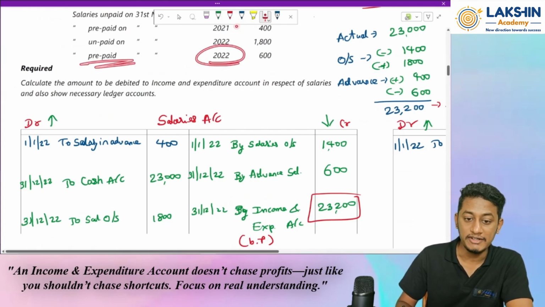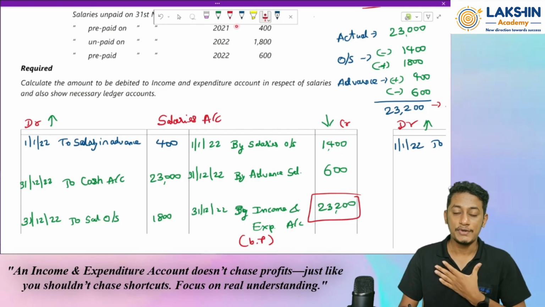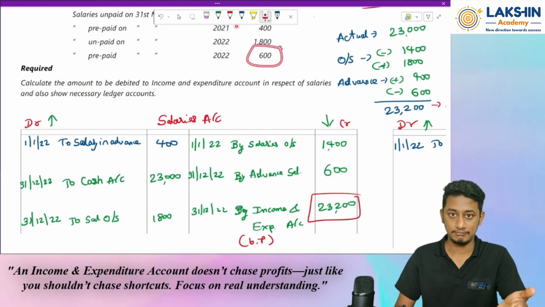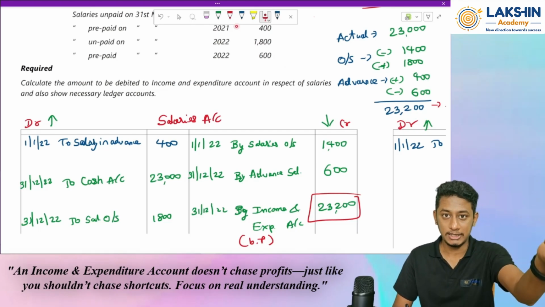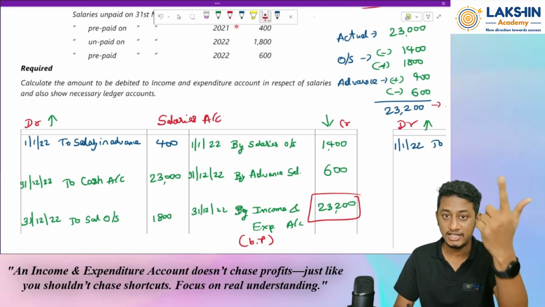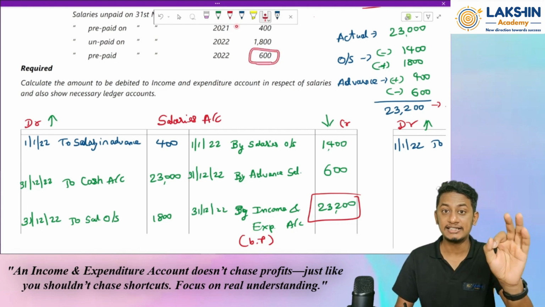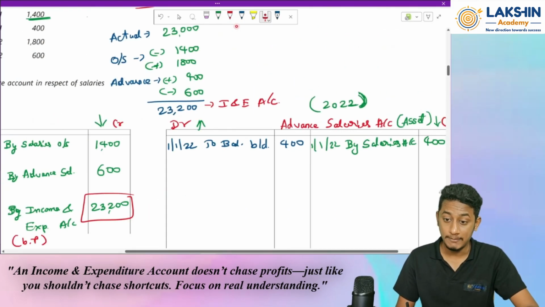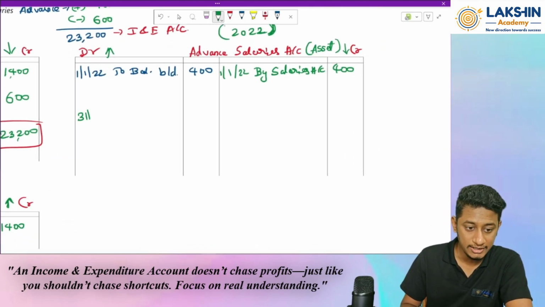Prepaid on 2022. For the current year 2022, rupees 600 is paid in advance. I have paid advance. This advance belongs to which year? The next year, that is 2023. Because of that, this is an asset for me in this year. So whenever asset balance is to be increased, I will debit the account. On the year end, I will debit the account